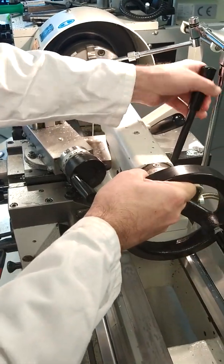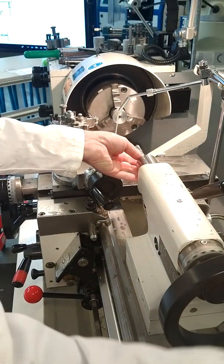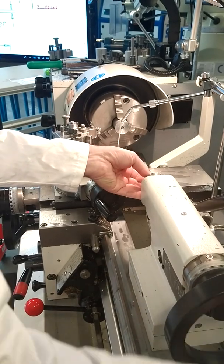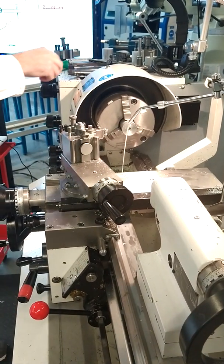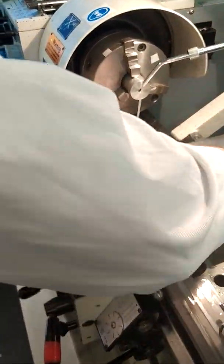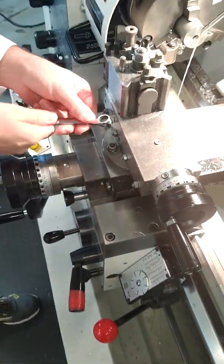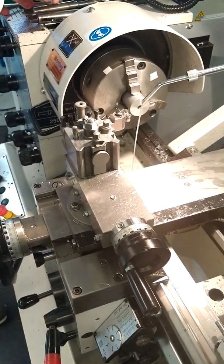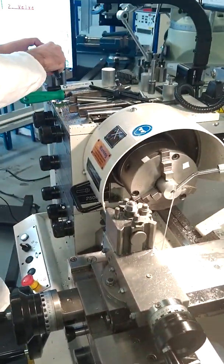Okay, brilliant. So the next thing to do is that we're now done with the reamer. Remove that. And the next stage now is to apply our chamfer of 1mm. So move your tool, and now we're going to remove this turning tool, go back in position again. So opening both the top slide and tightening up again, back to 0, back in the slide. We're going to remove the turning tool out of position and have a